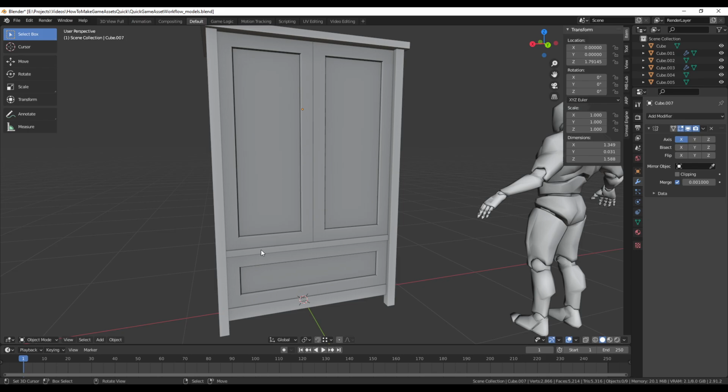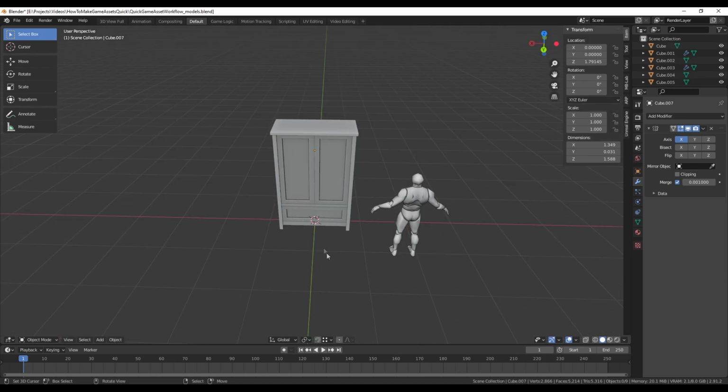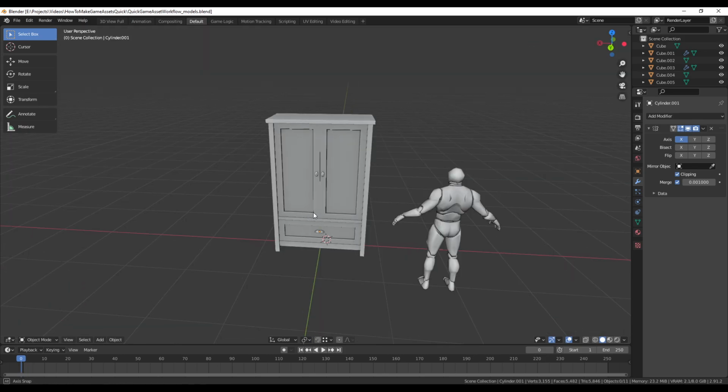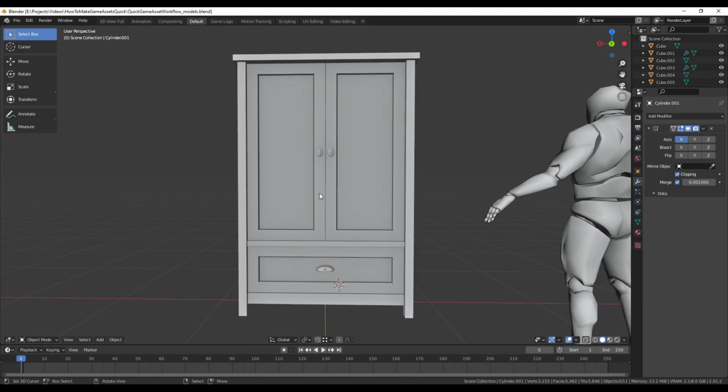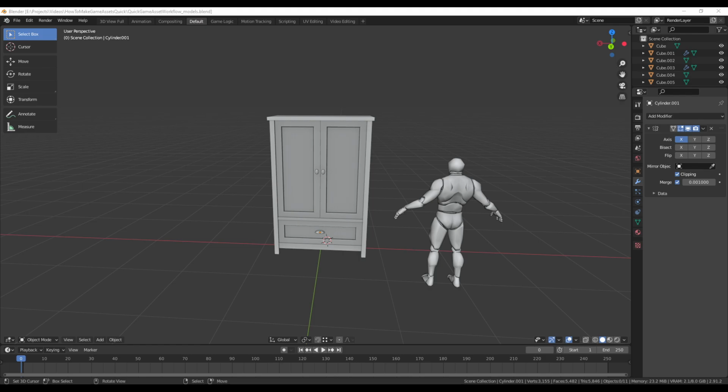I think if anything, the next few things would be adding in some bevels and whatnot, but we're going to cover that later once we're done with some of the other objects. So let's quickly make these handles and then move on to the next thing. That is our wardrobe. It looks pretty good. We're going to bevel it later, but for now, we're going to move on to the next object, which is